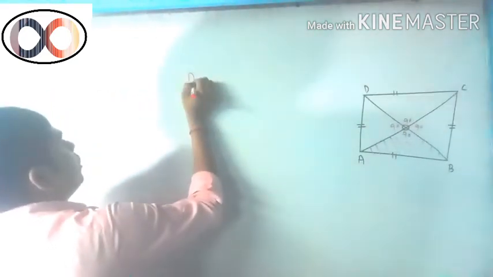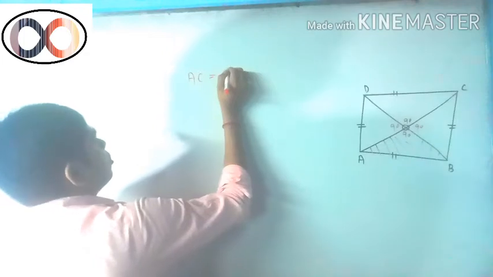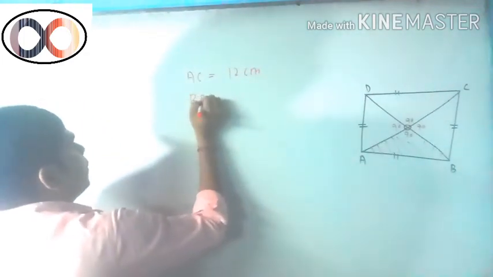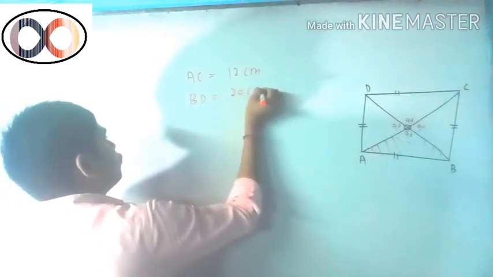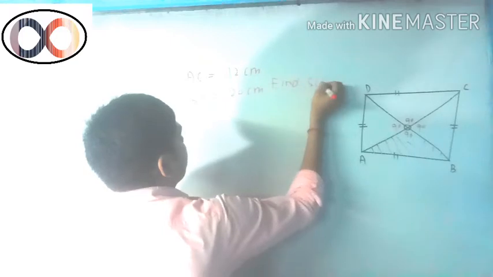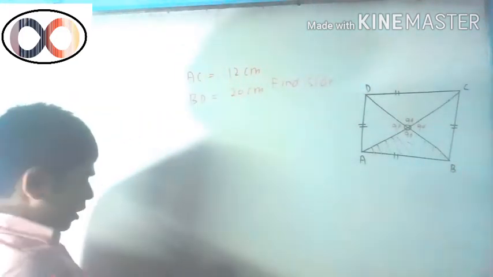Suppose you can see, one of the diagonals is given, AC equals 12 centimeter, and BD equals 20 centimeter. So find the side of the rhombus. Okay, so this is the question. Next question, you can see